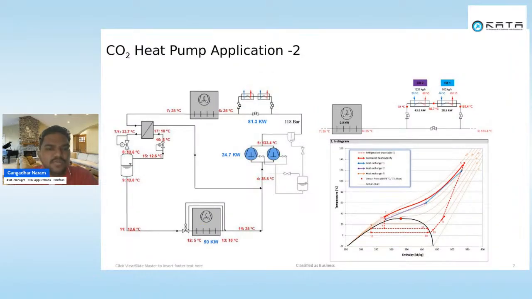This is the CO2 heat pump, one more application. In this application, it is possible with CO2 to get even 120 degrees centigrade high pressure, high temperature hot water. For example, on the water side, if you are giving the water to the PHE at 3 bar or 2.5 bar pressure at 30 degrees centigrade, then you can deliver nearly 120 degrees outlet temperature with the CO2 heat pump. It is also possible with a few